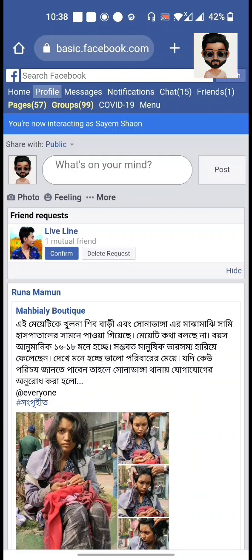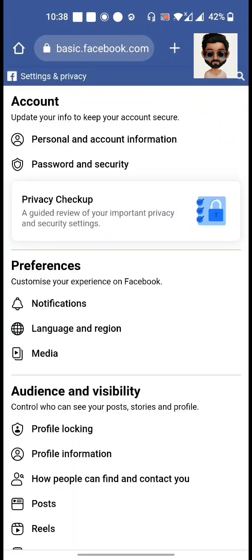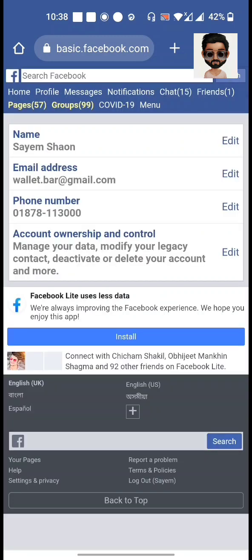Once you log in, scroll down to the end and tap on settings and privacy. After that you have to tap on personal and account information. Once you tap on it, you will see this interface, and after that you have to tap on edit,